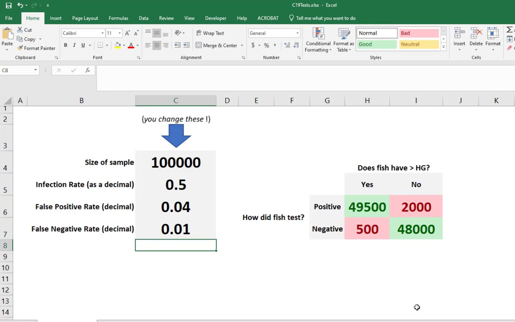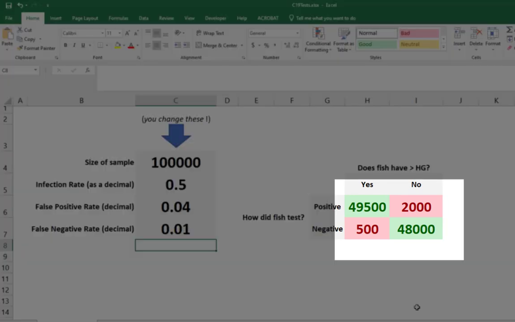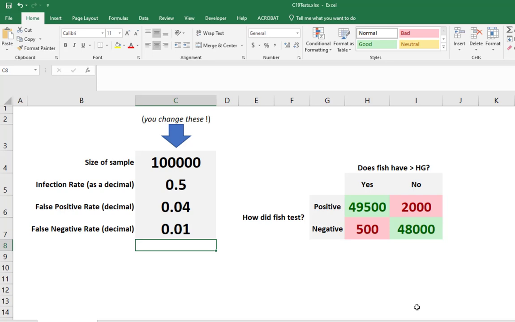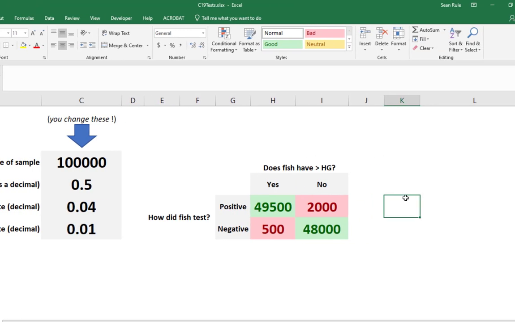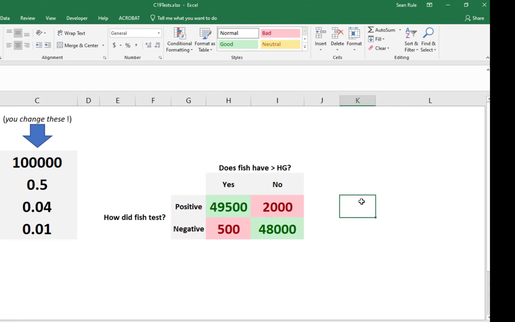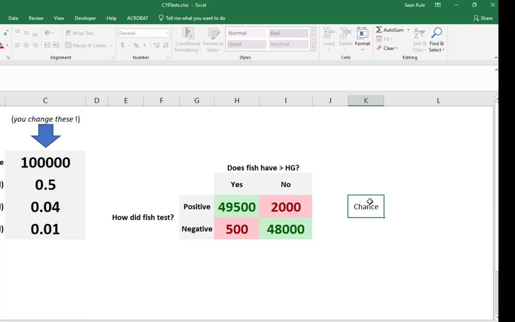All right. In order to calculate the probabilities, and I'm feeling really good about these because look at how large the green boxes are compared to the pink boxes. That's pretty fabulous. So I think what we should do, since I'm going to be asking you to do a lot of calculations about the chance of having or not having a disease based on results, let's actually kind of goof over here to the side and let's create the probabilities right in Excel. Chance you have it